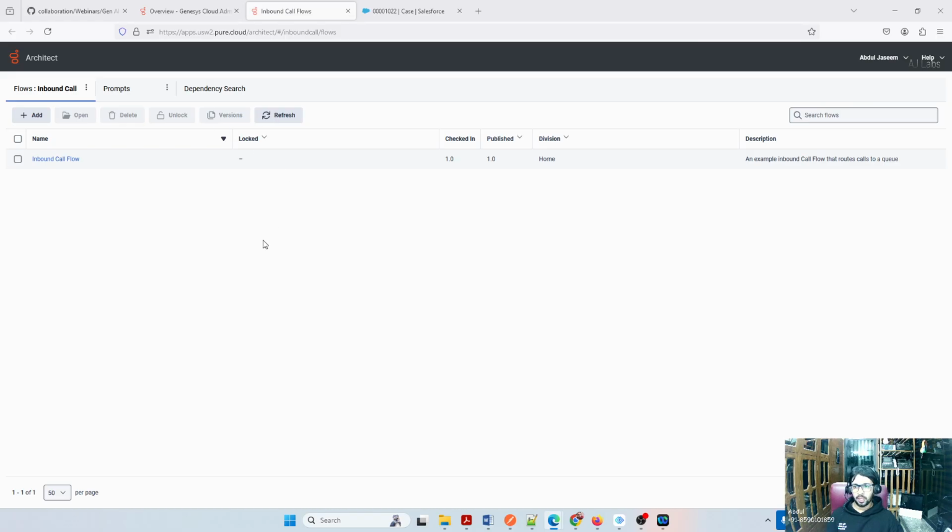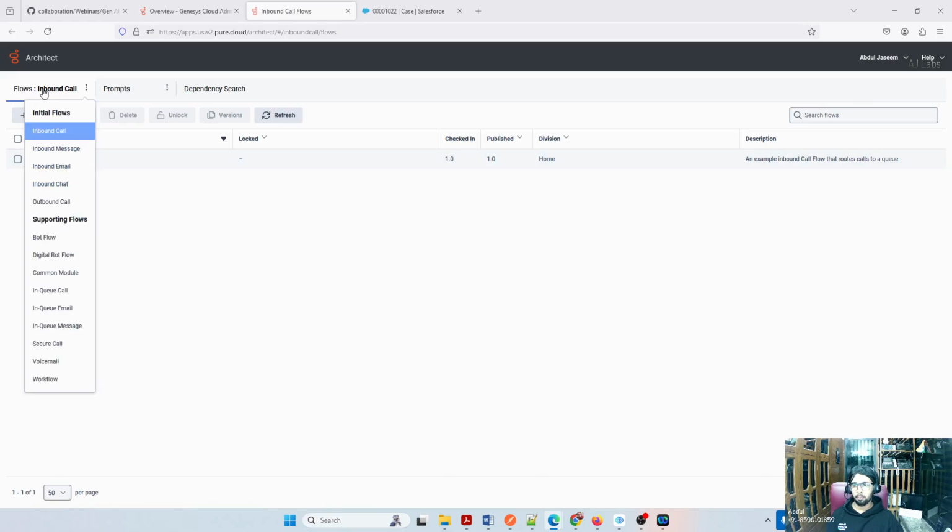In the Architect page, when you come, this is what you see. I don't have a message flow yet. This is basically a call flow. I have currently selected inbound call, so this only handles calls. What I need is message handling, inbound message. There's an inbound chat as well, but chat is the oldest form, like directly chatting to an agent. That's not what we are implementing today, and by the way, it is almost obsolete.